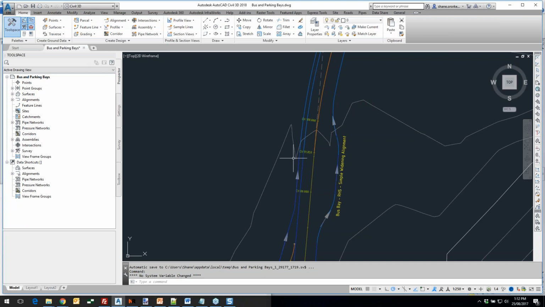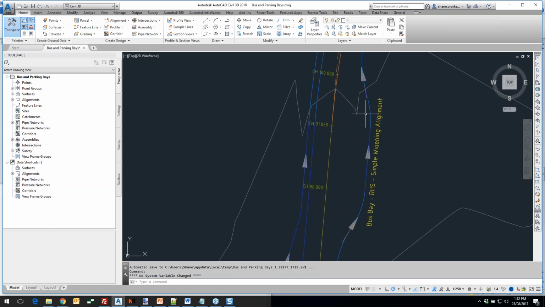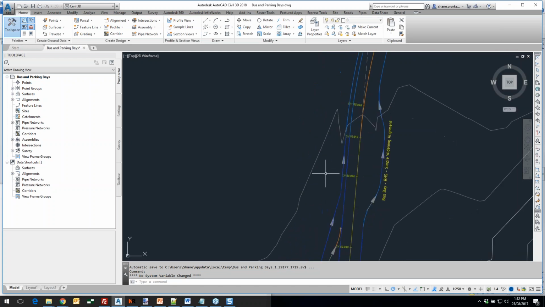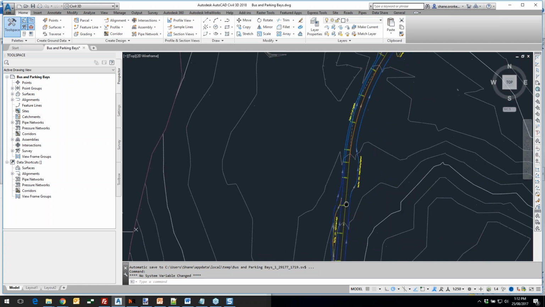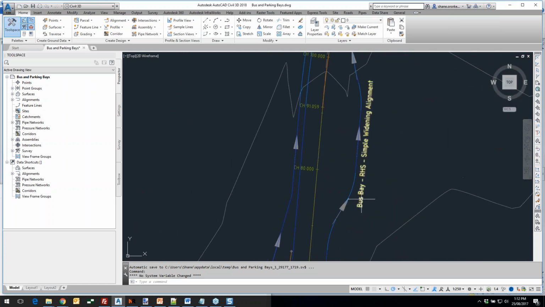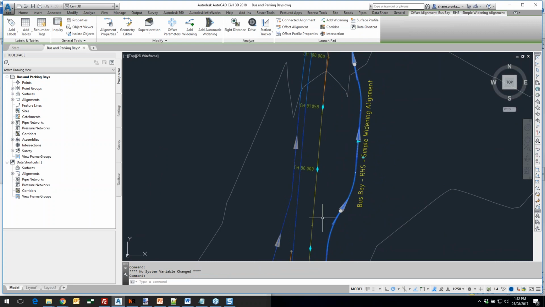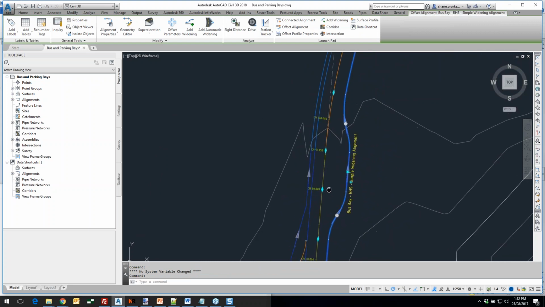Okay, so option 1. Option 1 is us doing a very simple stretch out of a bus bay. Now, we only need one template for this. We actually can get away with one template for the whole job for all the scenarios, unless you want subgrade, and then we need to do some other templates. There's already some alignments drawn, so I'll talk to you about these alignments as we go, but here's an alignment that is an offset alignment from the Civil 3D